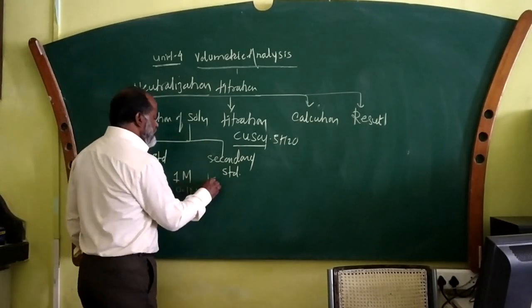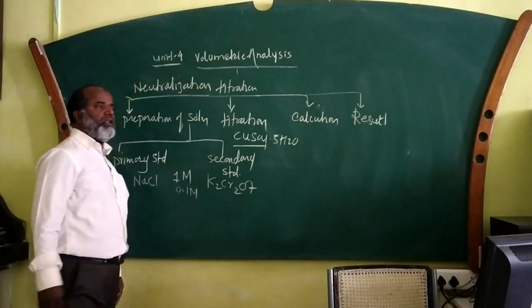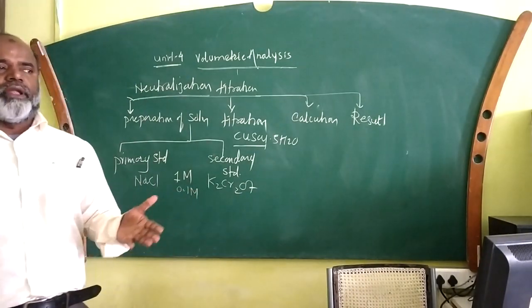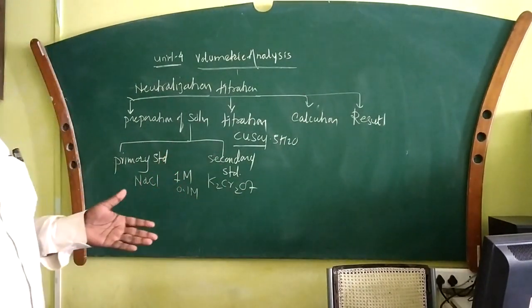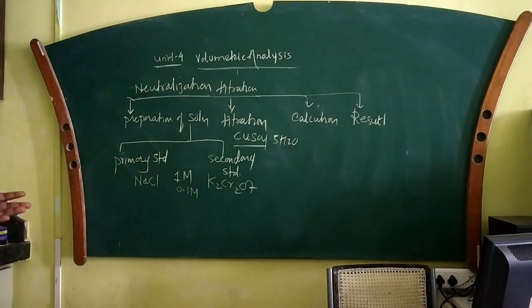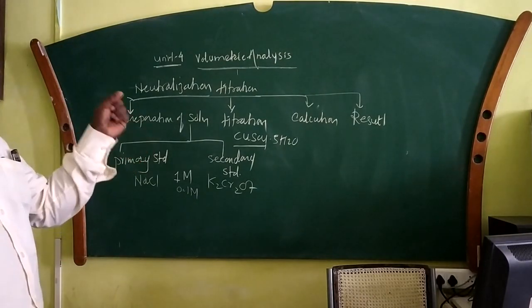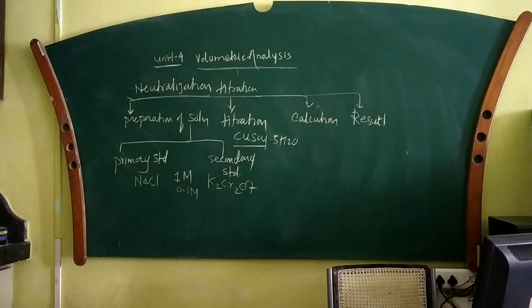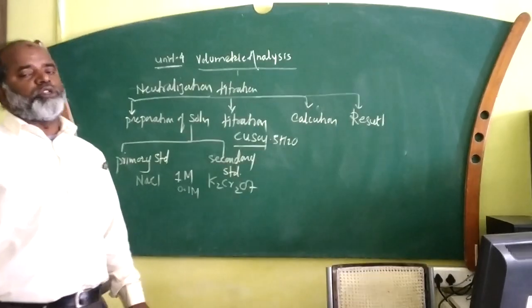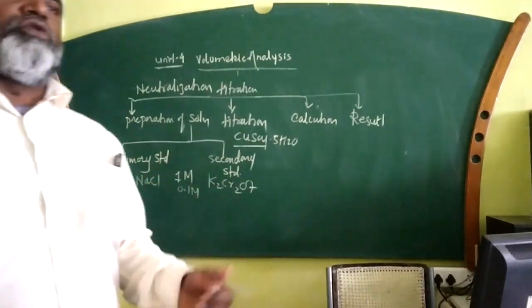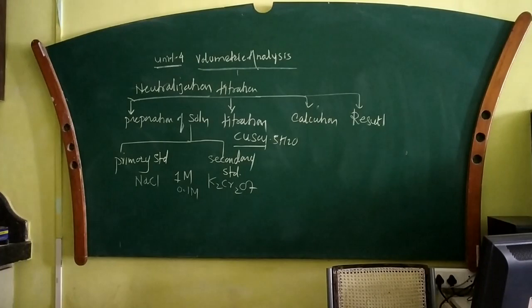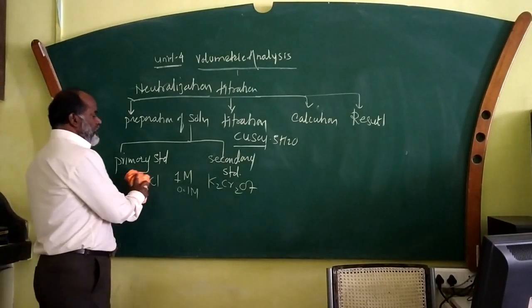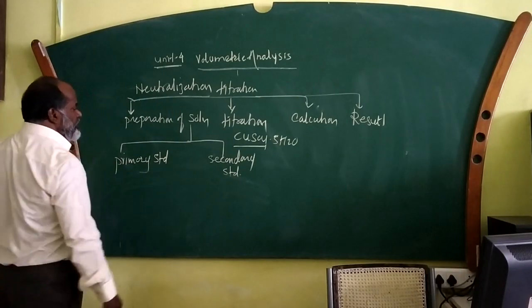Similarly, if I take potassium dichromate standard solution, yes, it is primary standard because it is stable, having high molecular weight, not hygroscopic, not oxidizing, a stable compound. And if I prepare 0.1 molar potassium dichromate, whatever weight is taken and dissolved in the given solvent will give exact 0.1 molar. It will not be less or more. You will get exact concentration. So such substance which, when dissolved in a given quantity of suitable solvent, will give you exact concentration of the solution is called a primary standard substance. After this, the next is called secondary standard.